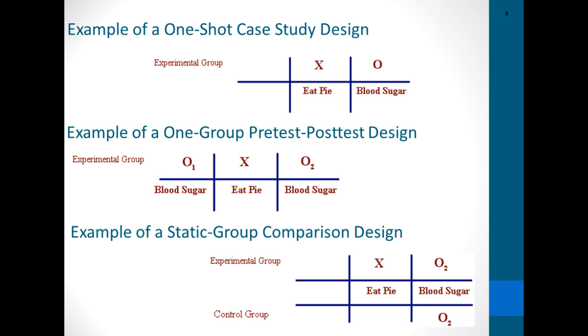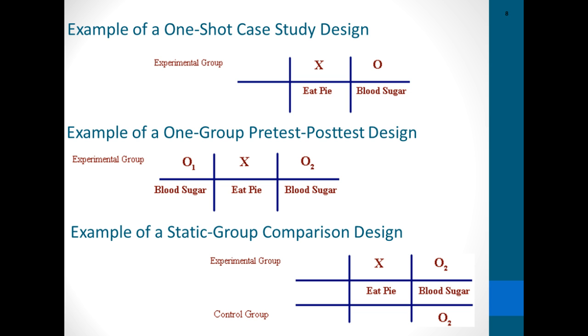You don't know what that group was like before, so you didn't do any pre-testing. Really all you know is what they were like after they ate that pie. So you can see you have a lot of potential threats due to subject characteristics in that one-shot case study design. With the pre-test, post-test design, you know if the changes occurred because you measure the blood sugar first,